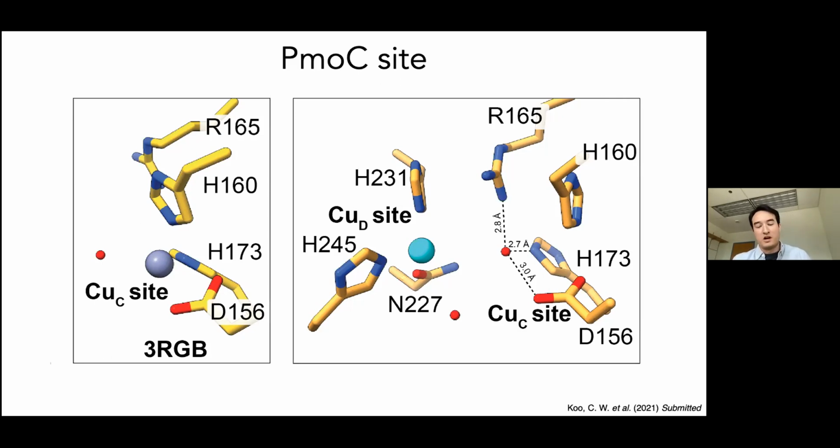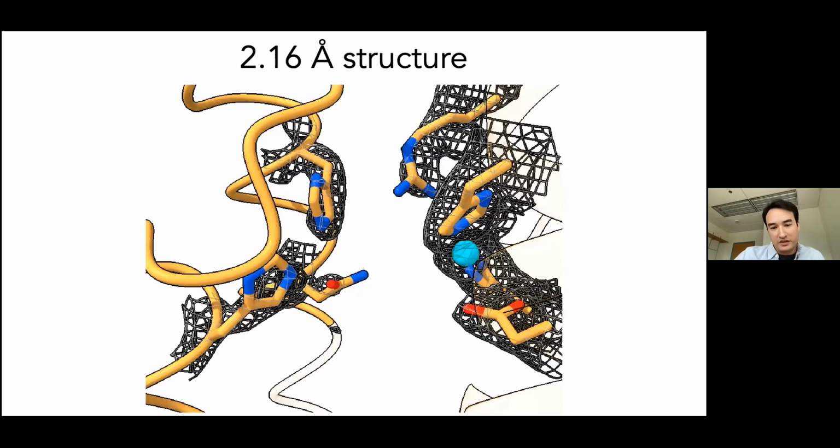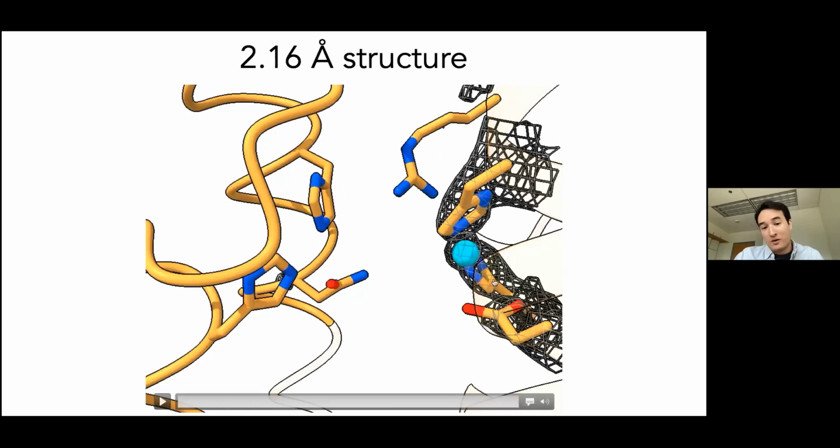And copper loading can be challenging throughout that process and can result in samples that look biochemically identical in terms of activity, in terms of copper number, but then give us some slightly different results in the cryostructure. So this high resolution really made it possible to look at really minute differences in the active site of these different structures. So here's the 2.1 angstrom structure that I solved, where if we threshold up the map, you can see that now actually the copper C site is occupied,